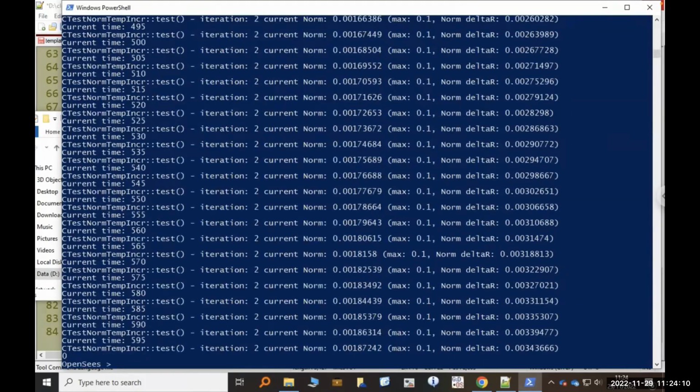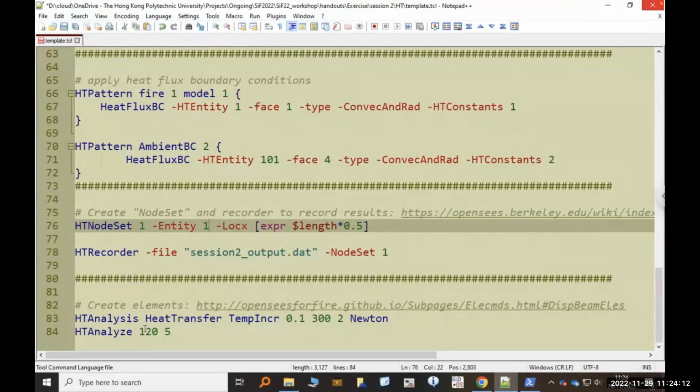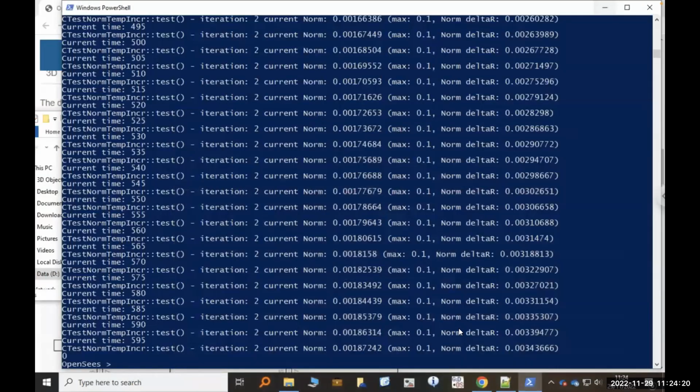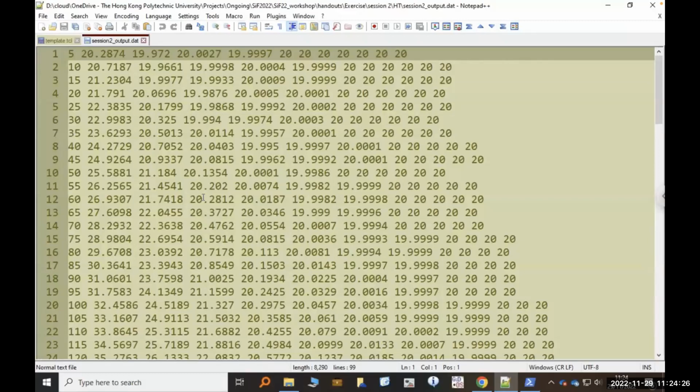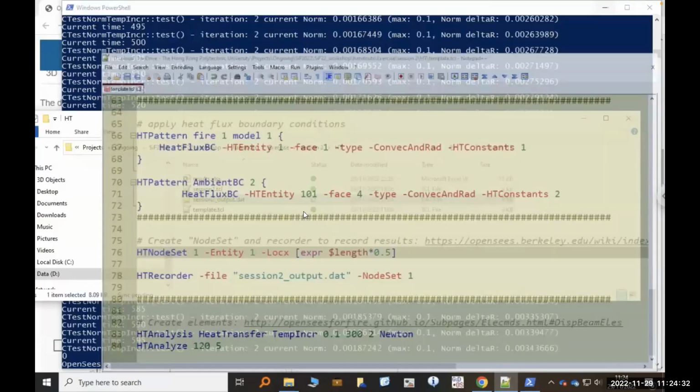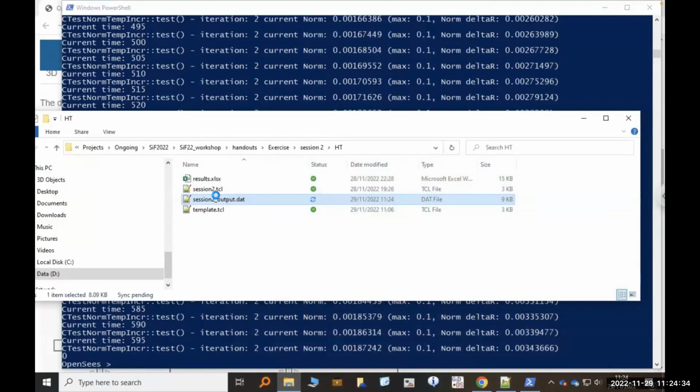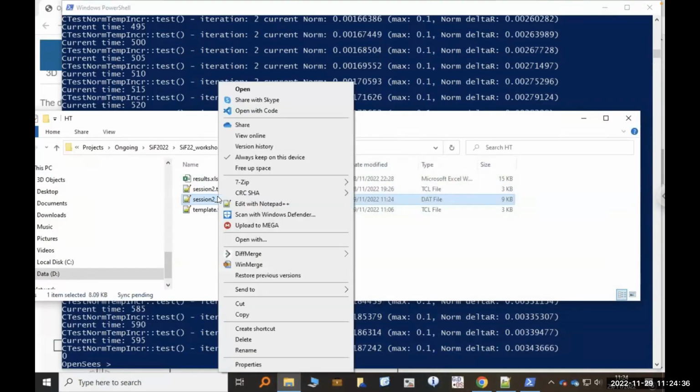And you can see that because I said heat transfer analyze 120 times at intervals of 5, it overlooked whatever I said before. So it ignored my initial increments. And again, if I go here and look at session 2 output, it's okay. That's because there was an output before. Let me delete that. So if I delete my previous output,